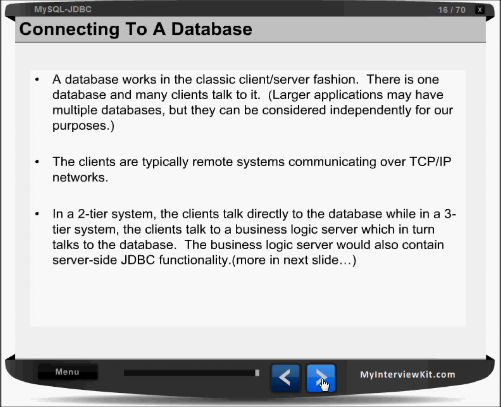In a two-tier system, the clients talk directly to the database, while in the three-tier, the clients talk to the business logic server, which in turn talks to the database. So if we talk about the two-tier architecture, let us have one machine client, the other machine is a server, which is communicating to each other, right? In the three-tier architecture, a client is interacting with the server, and the server is interacting with your database. So the business logic server would also contain server-side JDBC functionality. So server will be containing all this stuff,